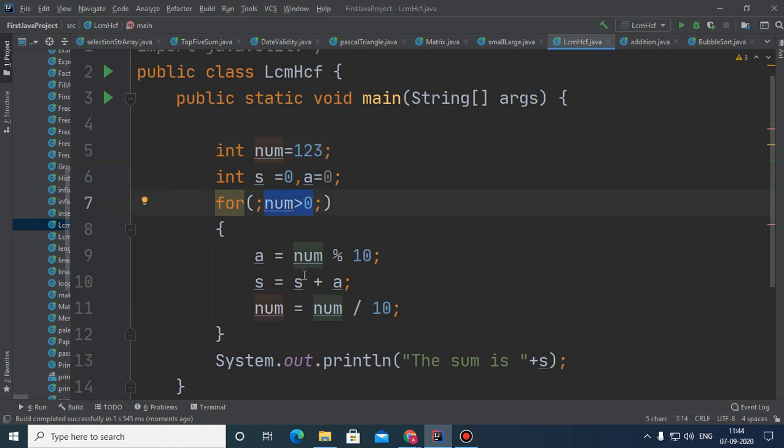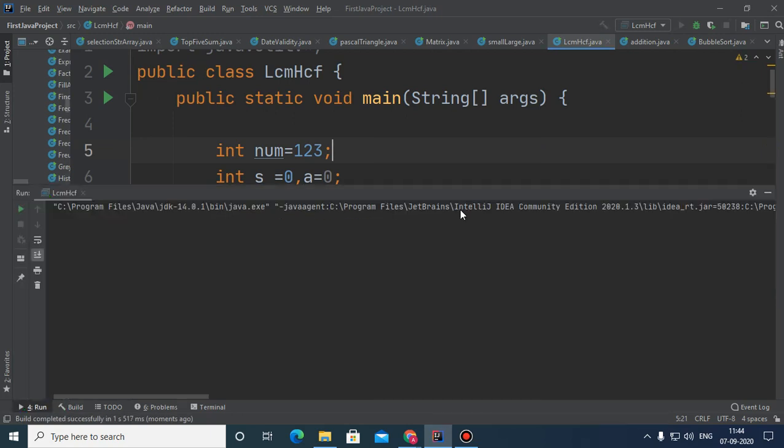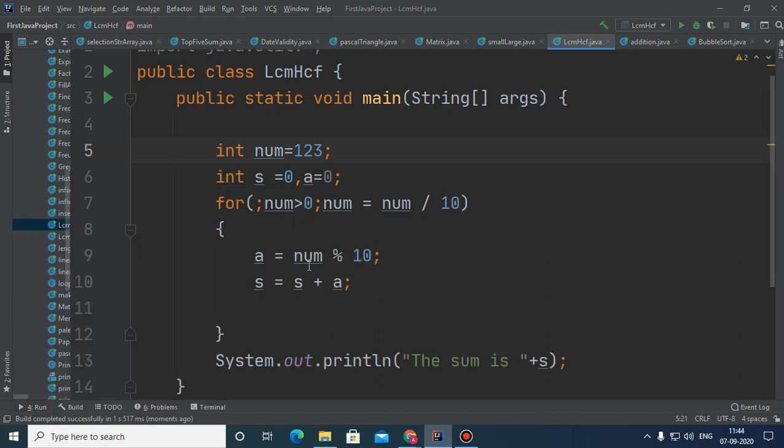And if I eliminate this part, I need to write the statement num is equal to num by 10 here. That is also okay, this is also correct. And if I don't want to use that num variable here, what you need to do is write i is equal to num.